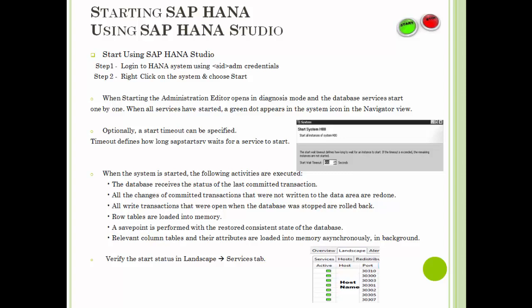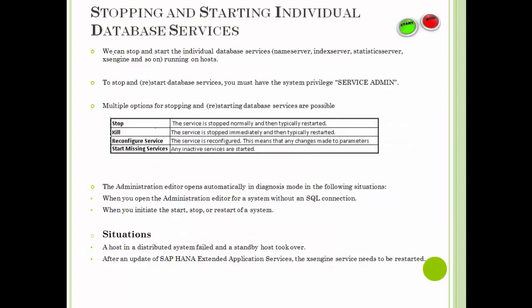And the status can be verified, as we know, from the Landscape Services tab. So that was about verifying the status of the SAP HANA database in the Landscape Services tab. Now let's move on to understand how to start individual database services. If you remember, I had shown in SAP HANA Studio in the Landscape Services tab how we can choose to start